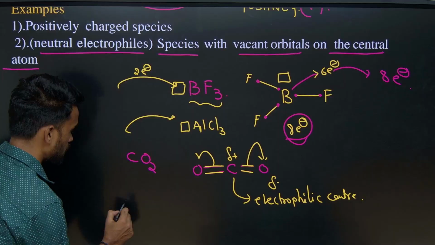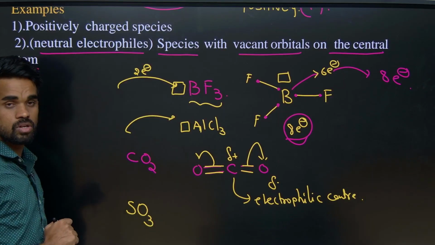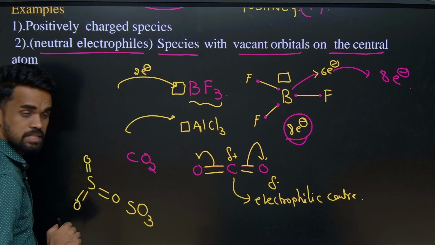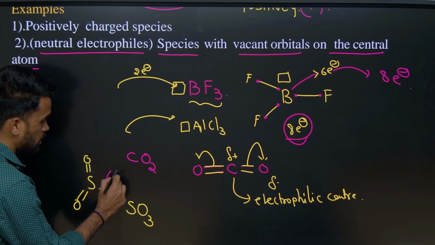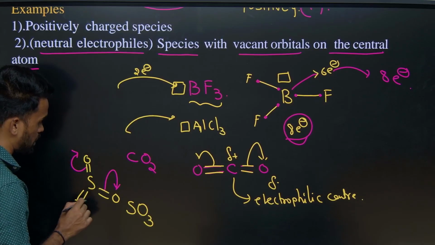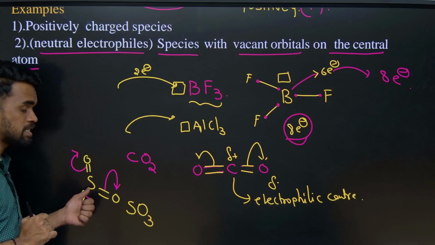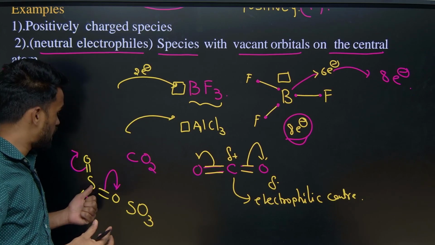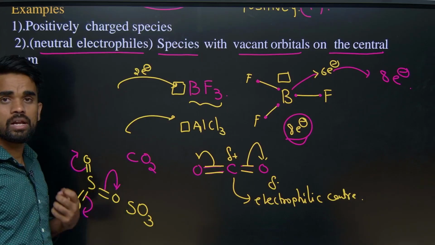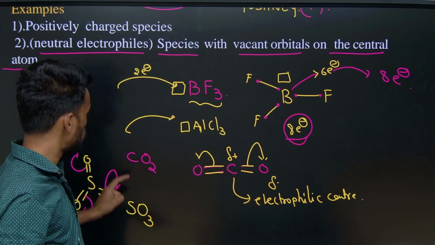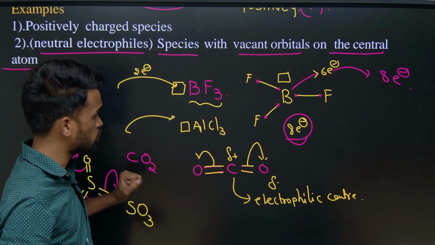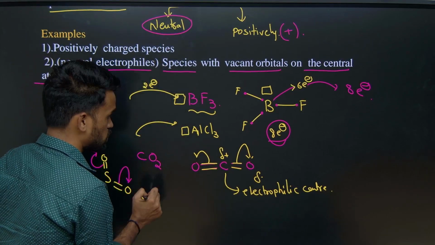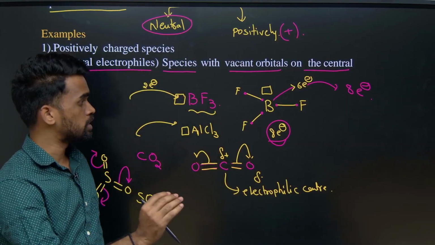Now tell me whether the SO3 molecule is an electrophile or not. Here also you can write the SO3 structure like this. See, 3 bonded atoms, what will they do? Oxygen atoms are electronegative, therefore they will drag these electrons towards themselves and create some positive charge, electron deficiency, on the central sulfur atom, which makes it electrophilic, and the overall molecule is considered an electrophile. So SO3 and CO2 are considered neutral electrophiles only. What are the examples I gave? BF3, CO2, SO3, AlCl3, all these come under neutral electrophiles.